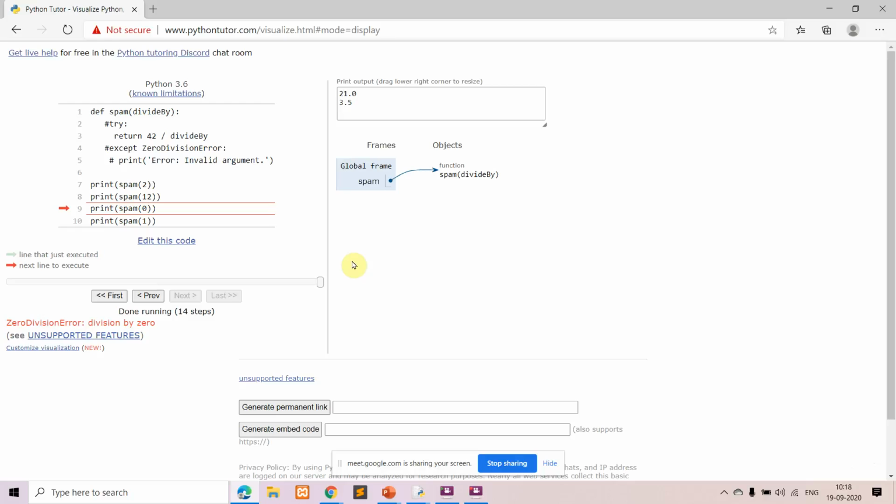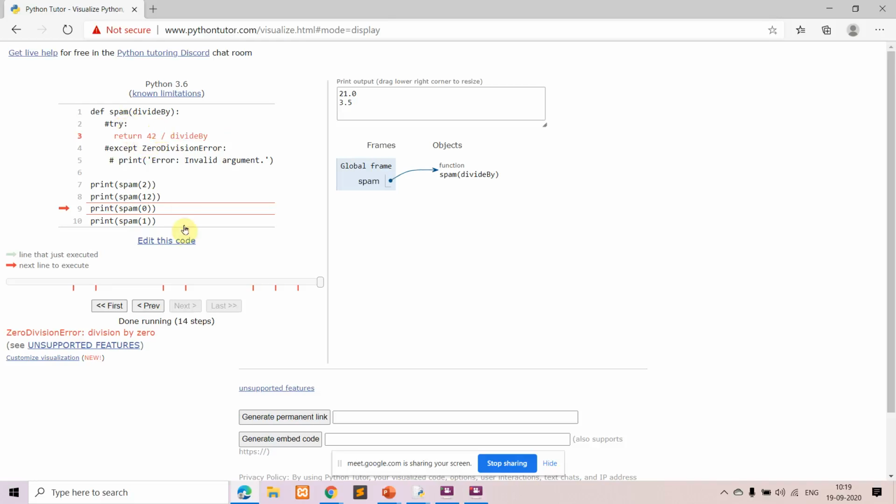So how can you handle this? To handle this, we are using the statement that is try. And if you are speaking about C++, if you have already learned C++, there we were using try and catch. So here we are using try and except. Okay, there it was try and catch, here it is try and except. So what happens is, any statement which you feel might raise an error, such a statement you are going to put inside the try block.